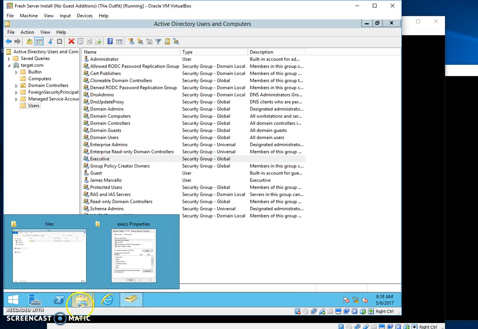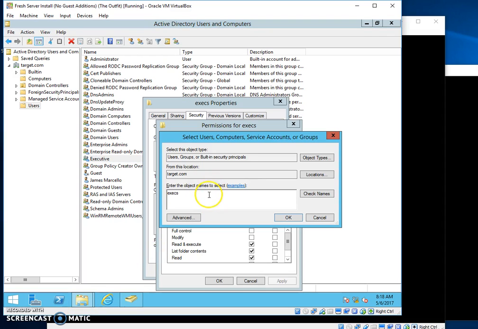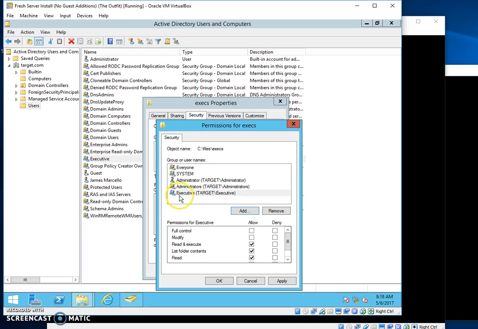Executive. And what I did is I just typed out the U instead of the S, and then you can see the executive. And then what we could do is select the executive and give them full control, which would actually allow him to be like an administrator and share out